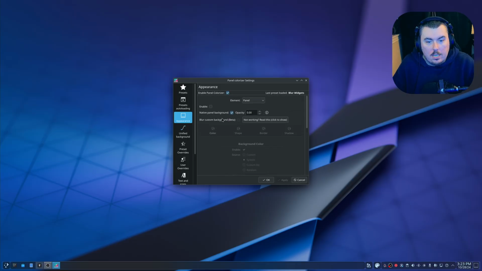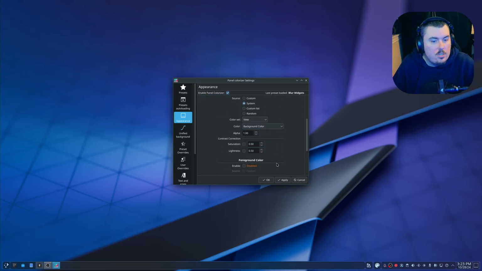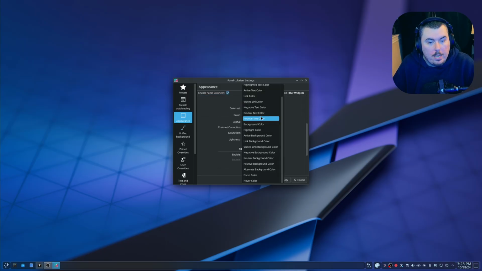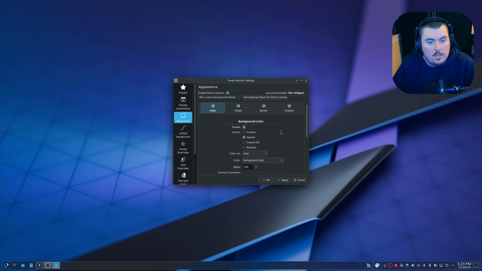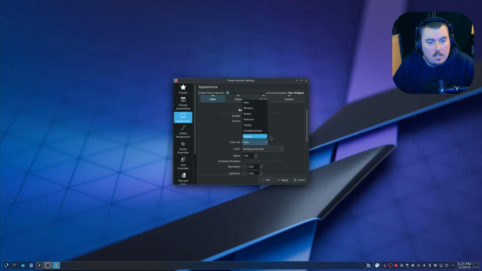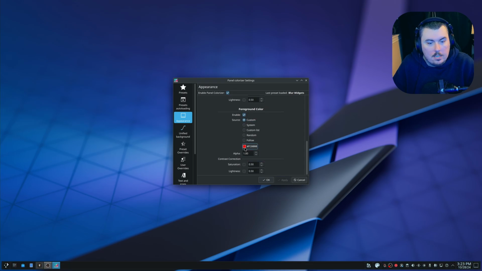Now we can customize any part of this that we want by hitting enable, okay? And again, if you hit enable, you lose the blur, and it's annoying. But this allows you to change the color. So background color, you can do whatever you want in here. View set, you name it, it can be done in here. So we can go to custom, hit apply, and